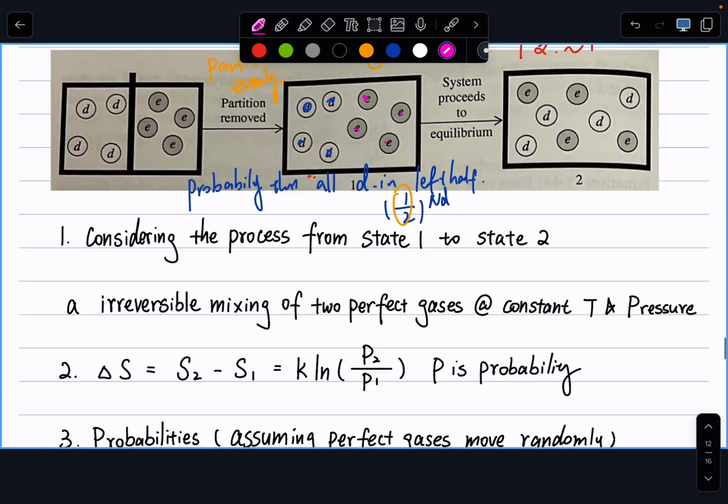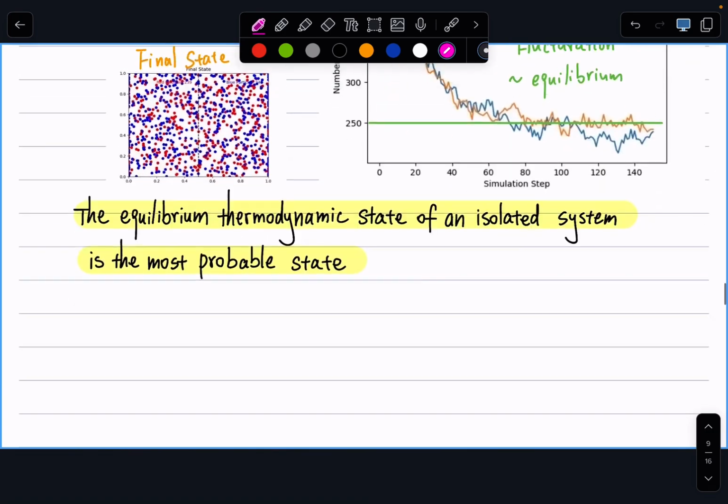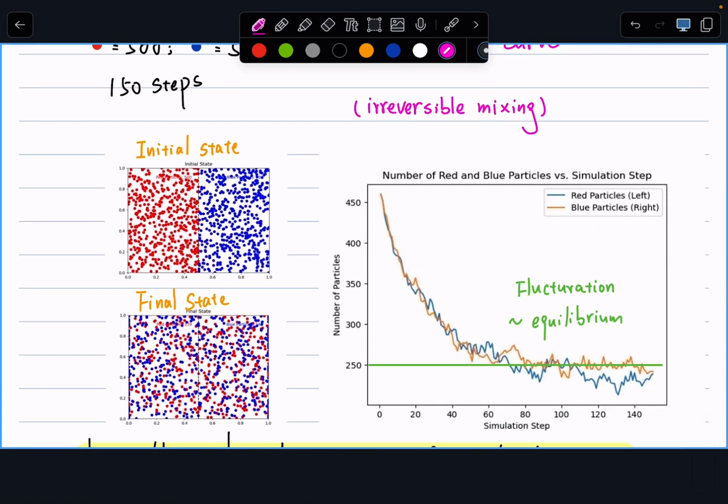I'll also post the code of this little simulation later on. Feel free to alter the number of your red and blue dots. For example, if you make that number very small, like 3 or 4, you'll see that the fluctuation is going to be very big. That corresponds to the random movement of Brownian motion. There will always be fluctuation over the equilibrium, but the more particles we have, the smaller that fluctuation. The whole point is, the more particles we have, the larger the entropy penalty to go back to its original state.